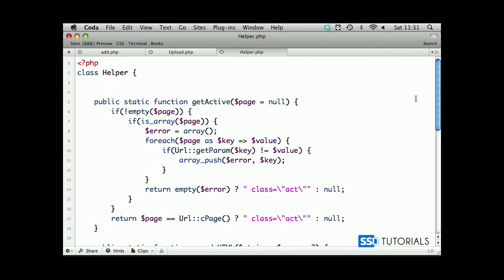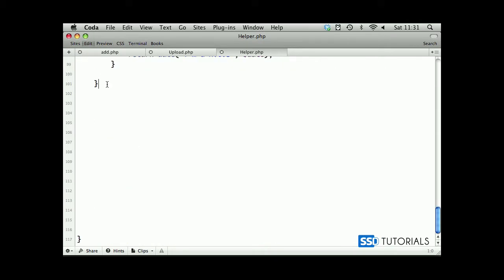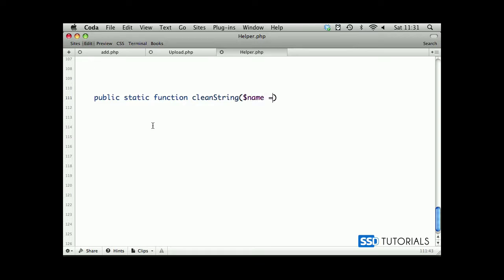close the browser now, scroll right to the bottom, and let's create a new class called public static function clean string, and we're taking one parameter, which is basically the name of the file, so by default is null. Now we are checking if isn't empty name,